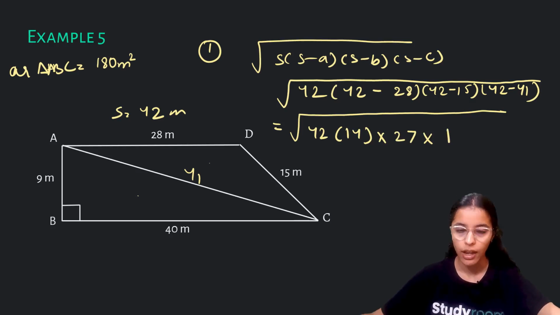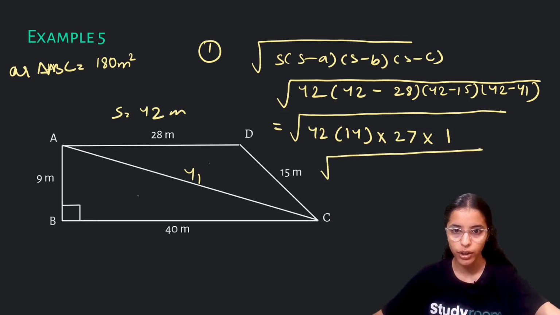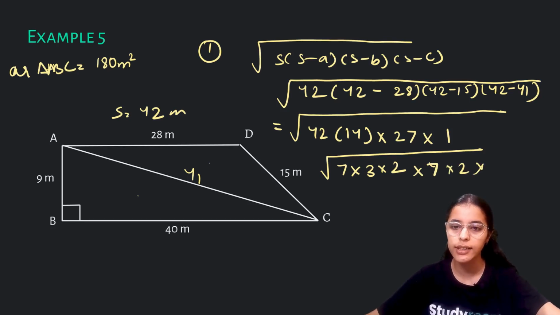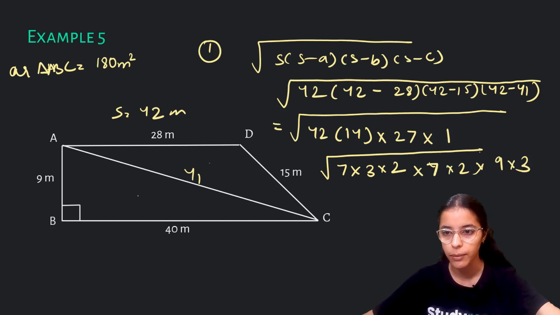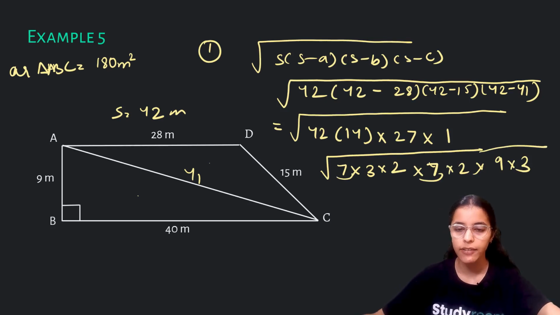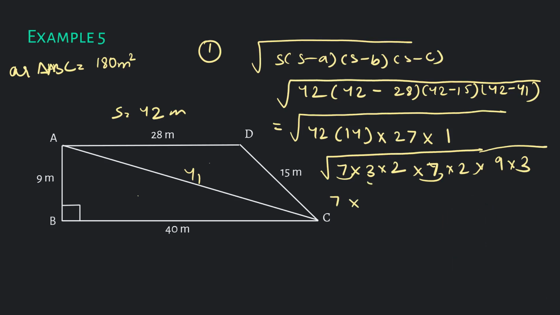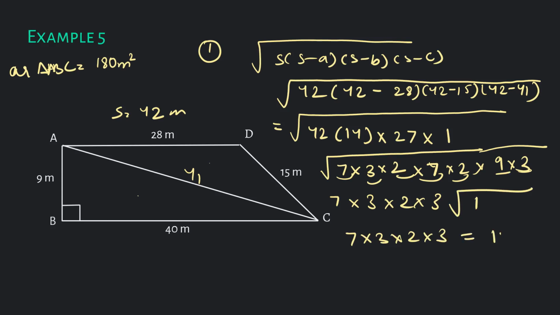So let us convert all these into prime numbers and perfect squares. So 42 can be written as 7 into 6, which is 3 into 2, right? And 14 can be written as 7 into 2, and 27 can be written as 9 into 3. So let us pair things up. 7 into 7, we can write 7 over here. Then we have 3, 3, we can write 3, then 2, 2, we can write 2, and then another 3 because of 9. Now nothing is left, only 1 is left. So under root of 1 is 1. So our answer is 7 into 3 into 2 into 3, which will give us our answer as 126 meters